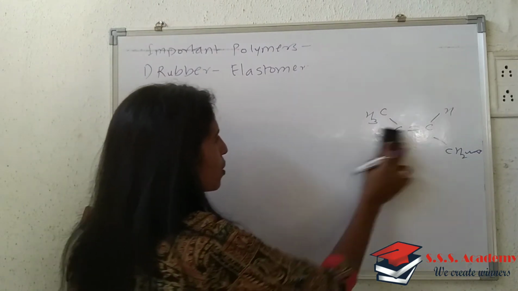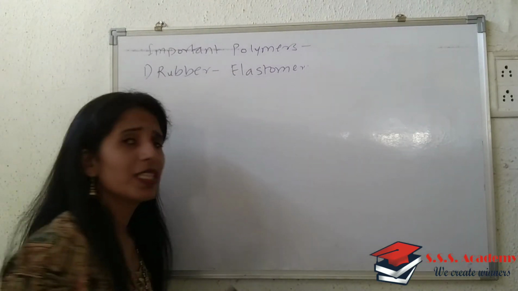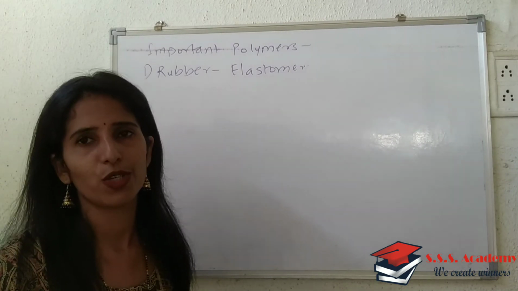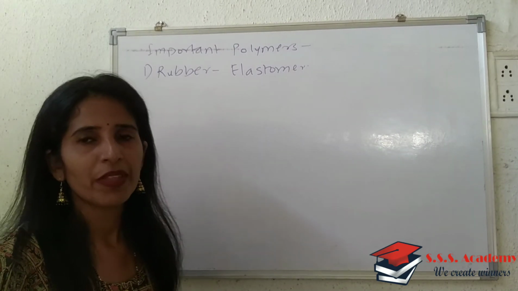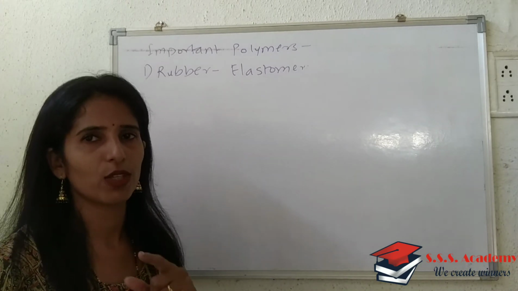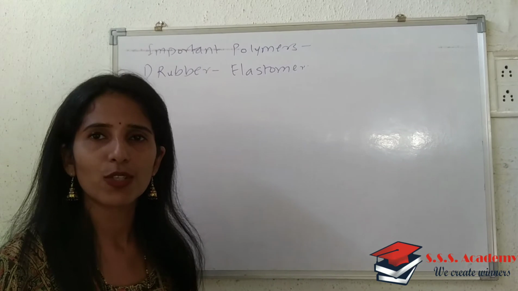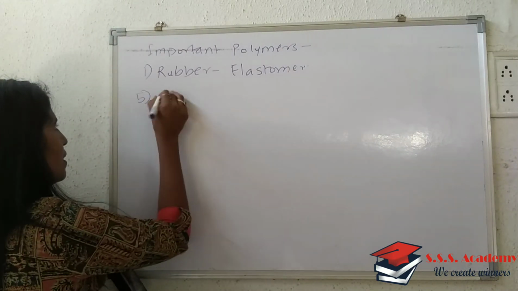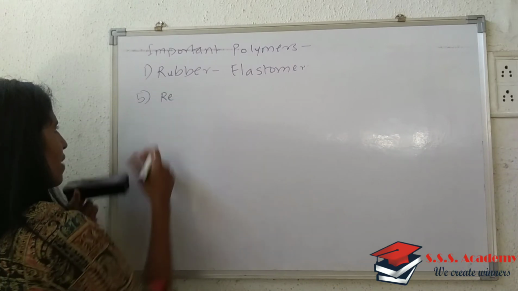So in the fifth point you are supposed to write that natural rubber is produced by the following addition polymerization reaction. As we know, the monomer units are involved in the production of rubber. So next, in the fifth point, you will write the natural rubber is produced in the following way. Write down the reaction for the production of natural rubber.